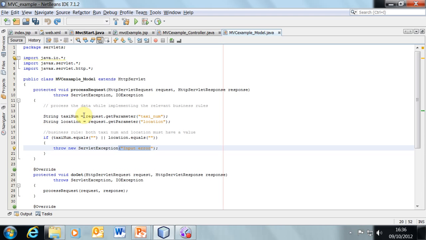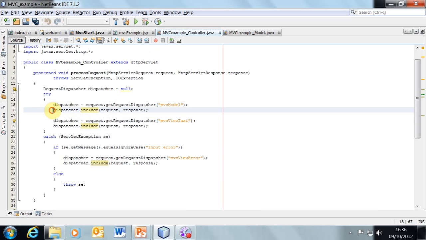On the other hand, if there is a problem, it's going to come back by throwing an exception. So back in the controller, we're going to invoke that with an include, and one of two things will happen. Either there will be no problem, and therefore control returns to this line and will then continue with invoking the view, or